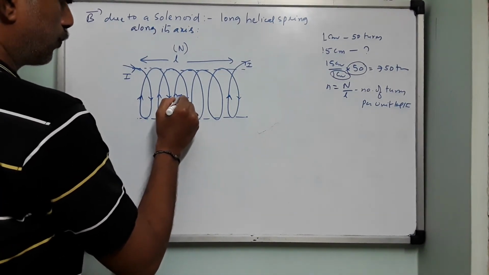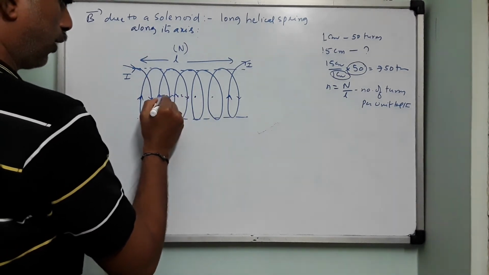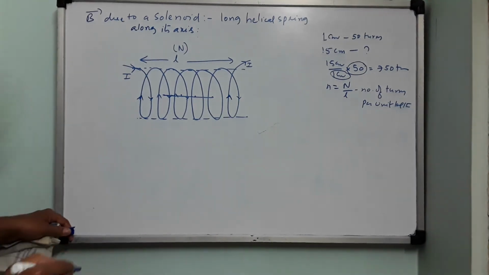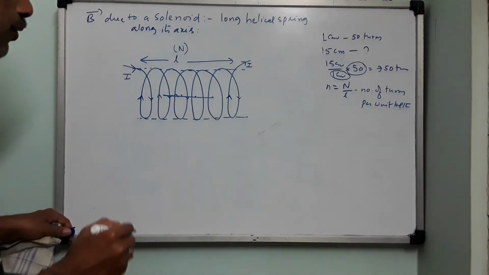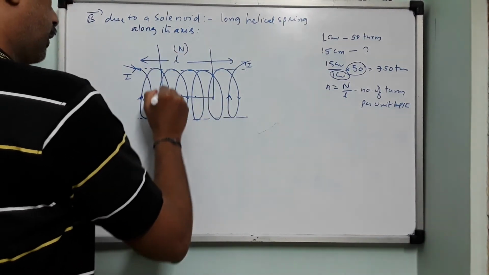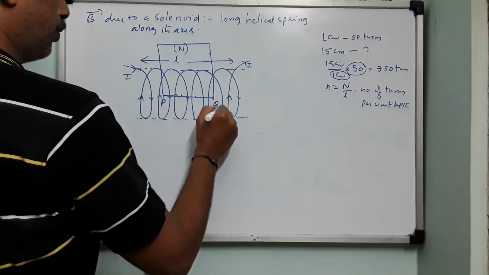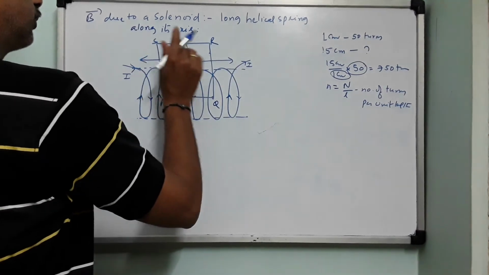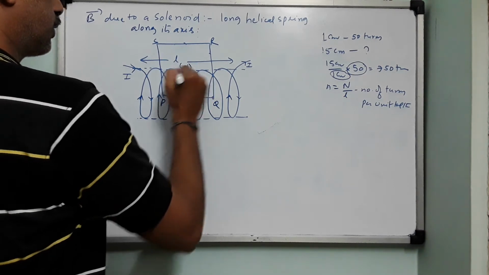you want to calculate at this point, this point, this point, all these points which are falling on the axis. To calculate the magnetic field at a given point, we have to draw an Amperian loop in order to enclose our point of interest and also the current. I will consider this Amperian loop in the form of a rectangle or a square. I name it as P, Q, R, S. I am removing this N here, and let me write that it has a total number of turns, capital N.